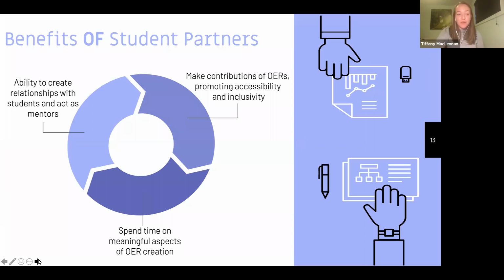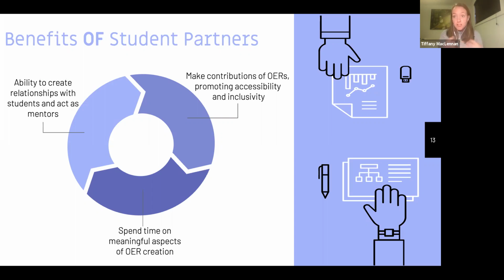So this kind of builds upon the last point that Megan discussed with the lack of time and resources and using students as partners to kind of bridge some of those gaps. So Megan walked through a lot of the issues and then some of the solutions to working through some of these things. But I wanted to kind of phase it into also just the benefits. So pass a little bit at issue solution and more into what do you actually get from doing partnerships like these. So the first one is the benefits of student partners.